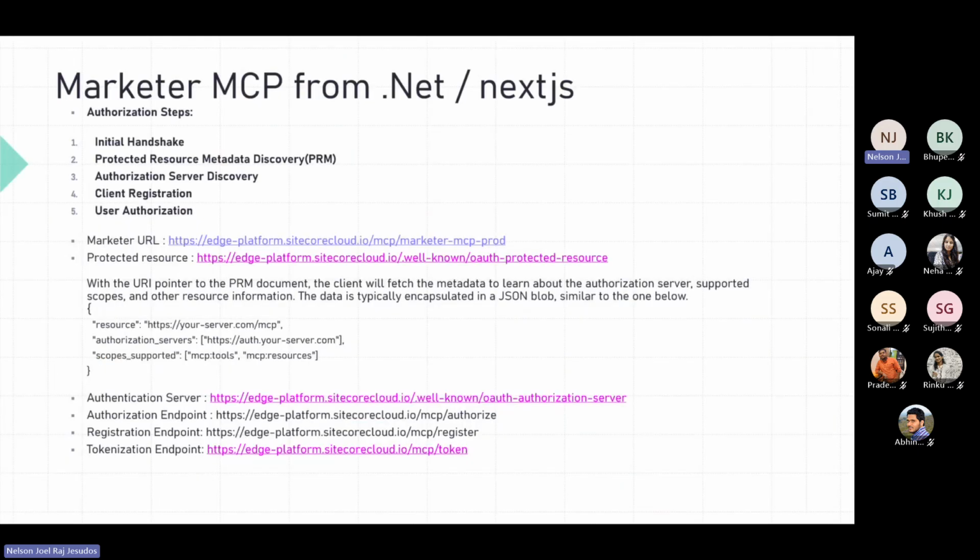I need to do the authorization server discovery. So what is that authorization server discovery? This protected resource metadata gives me one URL, and from that I got what my authorization server is. Say, for example, here my authorization server would be edge platform sitecore cloud.io. If that is my authorization server, then from there I need to get all the endpoints,